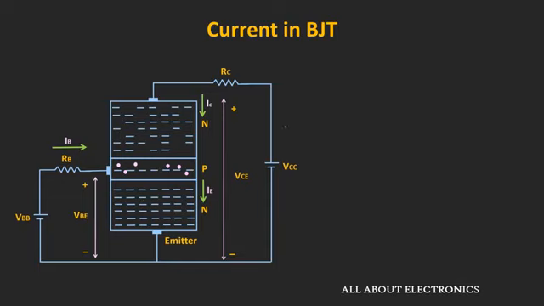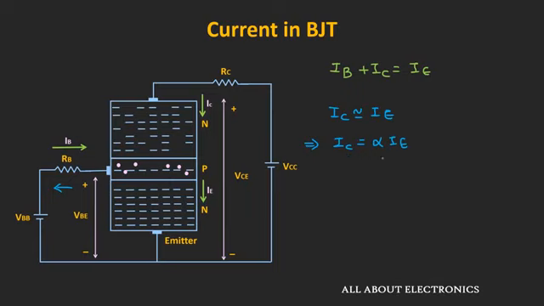So if we apply KCL, then we can say that this current IB plus IC is equal to the emitter current. That means the emitter current is the summation of this base current and the collector current. And as I said, only a fraction of electrons are able to go in this direction. That means the base current will be very small. Or we can say that this collector current IC is approximately equal to IE. And exactly it can be defined as collector current IC is equal to alpha times IE. And this alpha defines what fraction of the emitter current is flowing through the collector terminal.